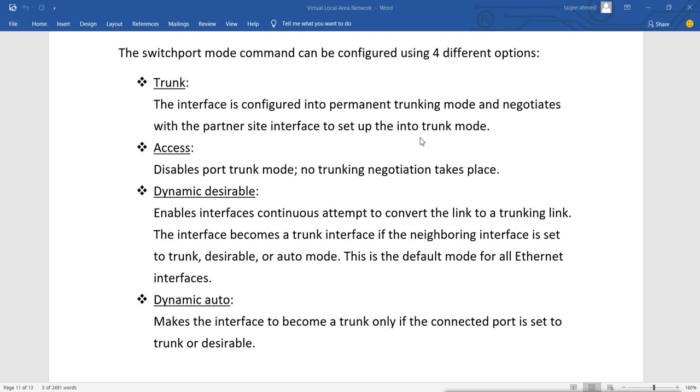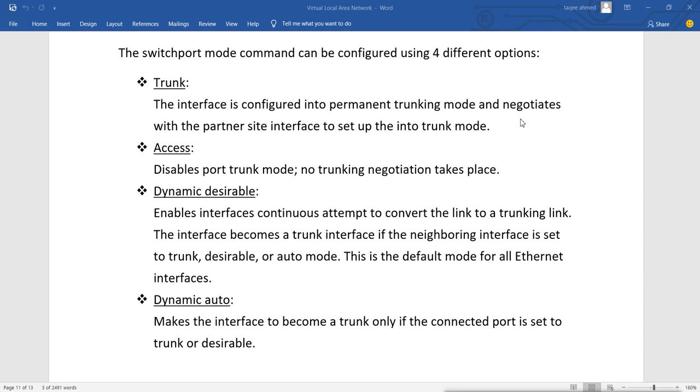That means when we configure the port as trunk, it will become permanently trunk, and it will negotiate with the other side. That means it is connected to the other side, so it will ask the other side, do you want to do trunk, or let's do trunk. It tries to negotiate with the other port of the switch.